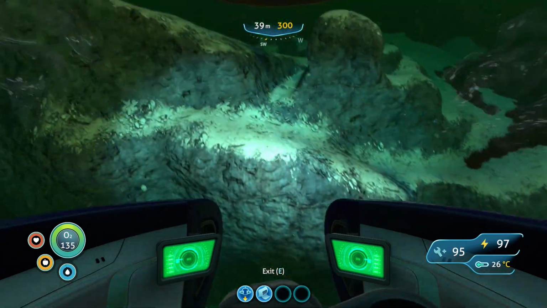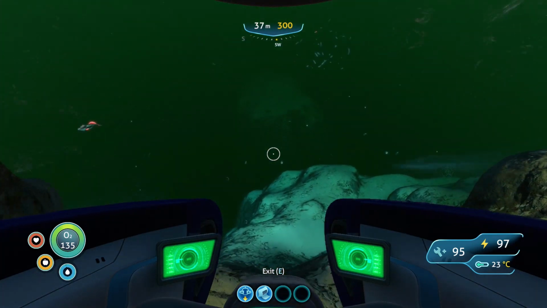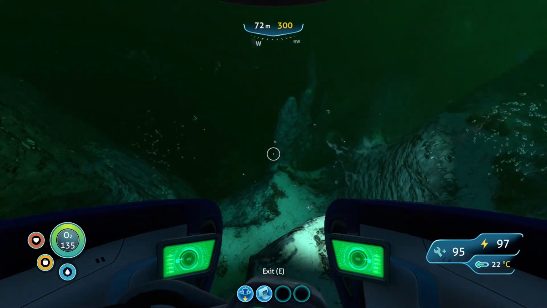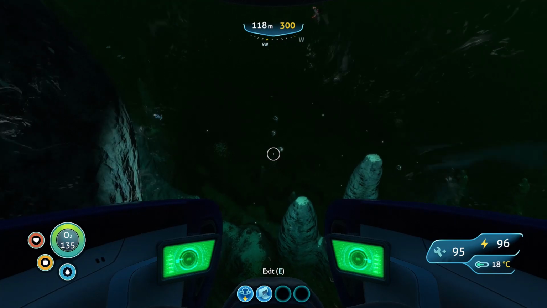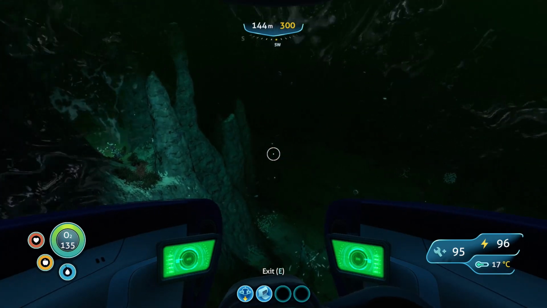And we really need this power cell charger, because until we get this power cell charger, we're gonna have an awfully hard time dealing with everything. So I'm just gonna start booking it for the floor now. The reason I'm doing that is because this would be Reaper Leviathan territory, and I want nothing to do with that. So we're gonna try and stay...